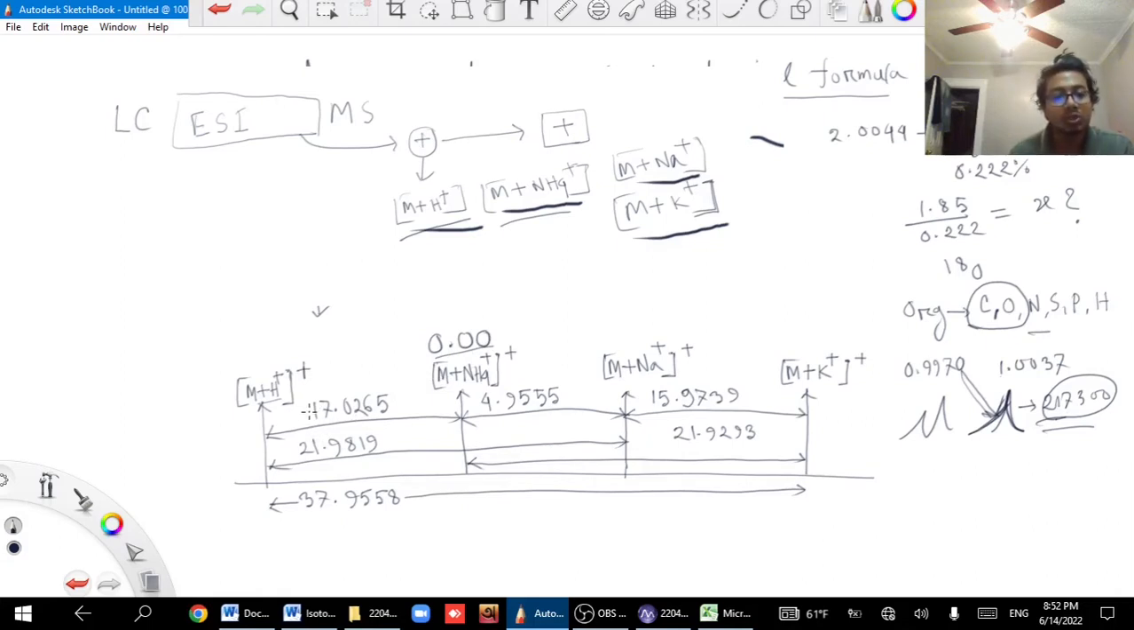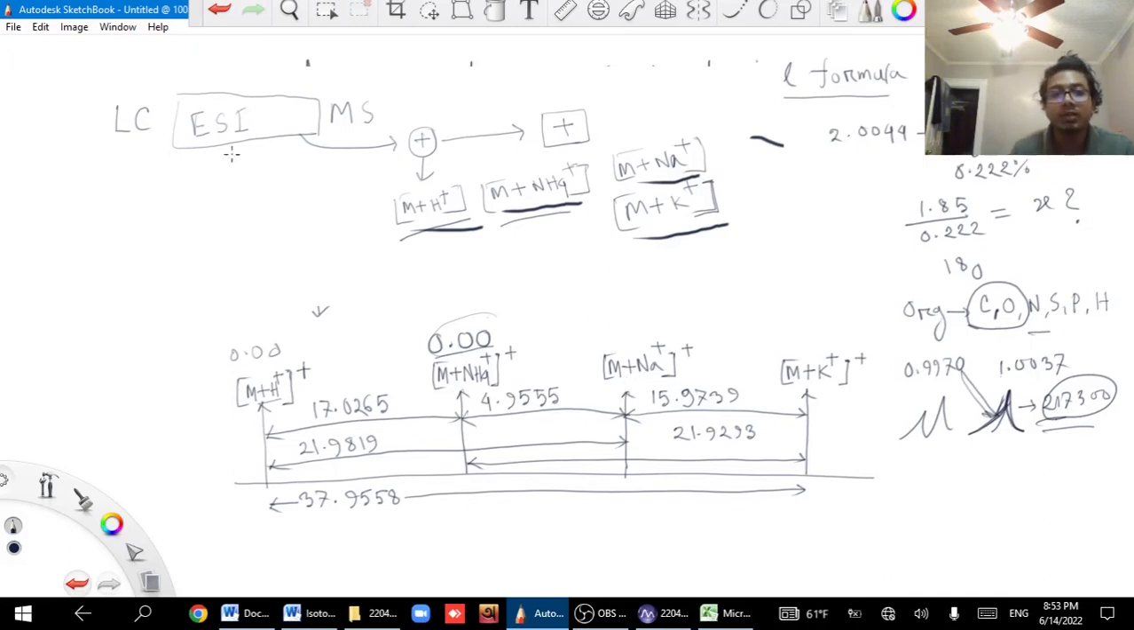If you get a positive 17.0265, this is the 0.00 peak, because this difference is 17.02 and it is positive. But if you get a negative 17.0265, then this could be that 0.02 peak. So you need to consider the difference between these peaks or ions, like this 4.95. If this is 0.00, you will get 4.955